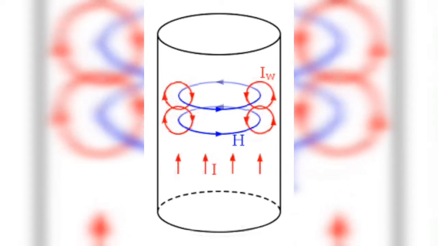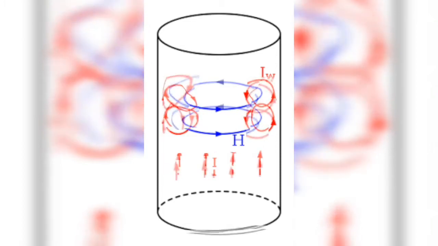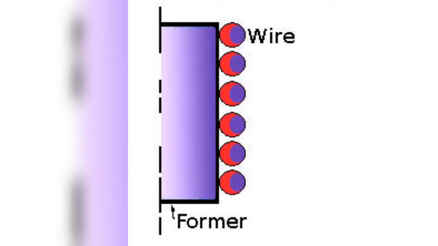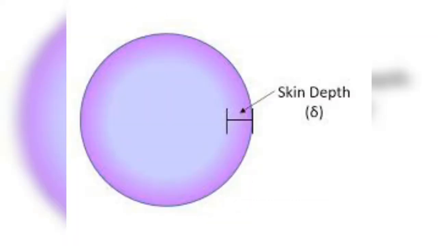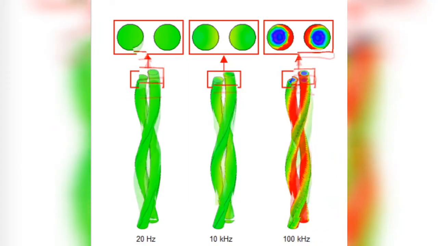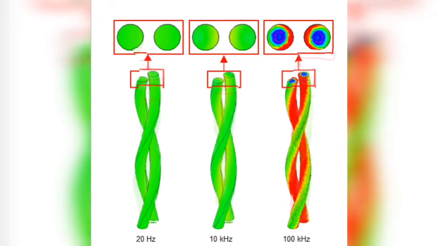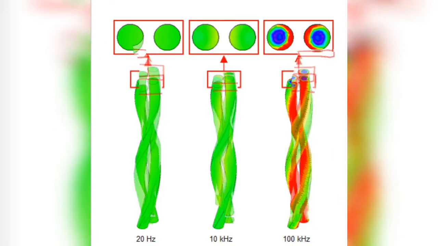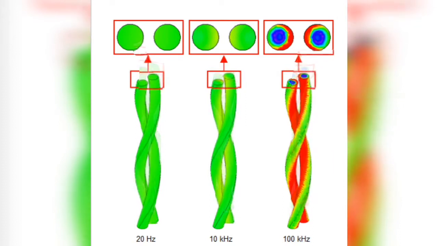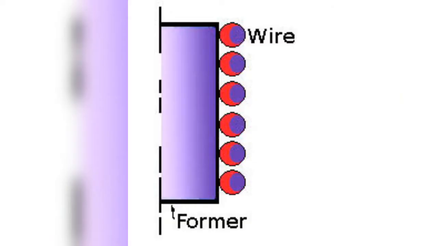The electrical effects. In this topic we will discuss the skin effect and proximity effect of an electrical conductor. Skin effect is the tendency of a high frequency current to flow on the surface of a conductor, and